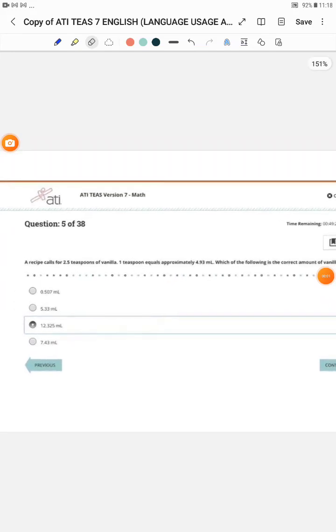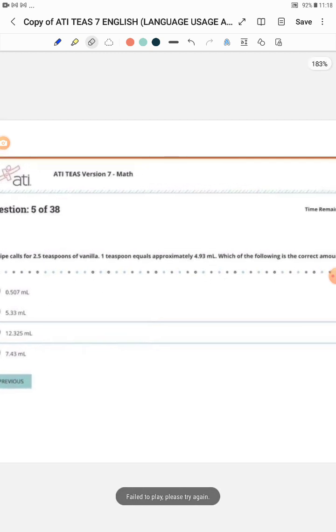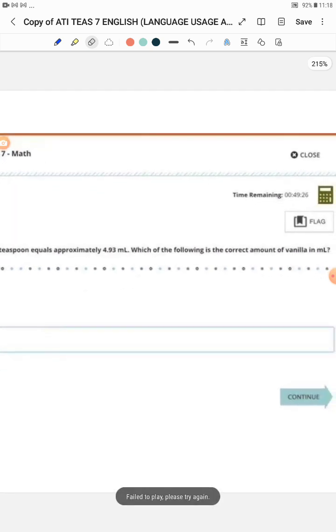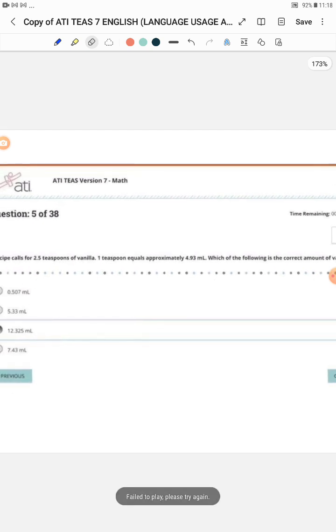Question number 5. A recipe calls for 2.5 teaspoons of vanilla. 1 teaspoon equals approximately 4.93 milliliters. Which of the following is the correct amount of vanilla in milliliters? So they have given us a clue here that 1 teaspoon will give us